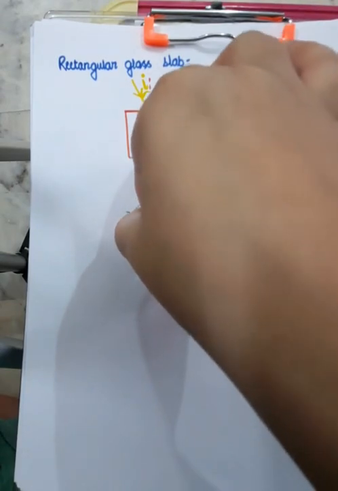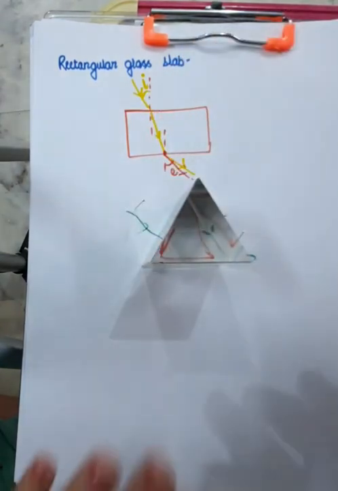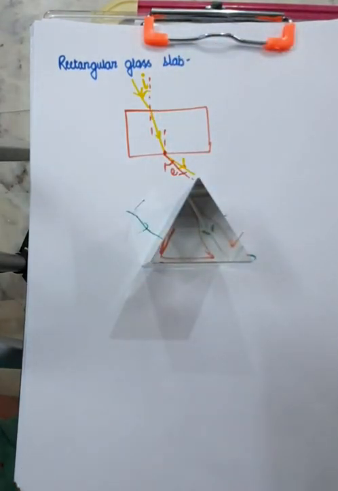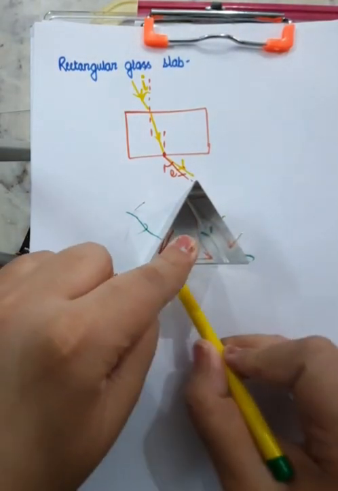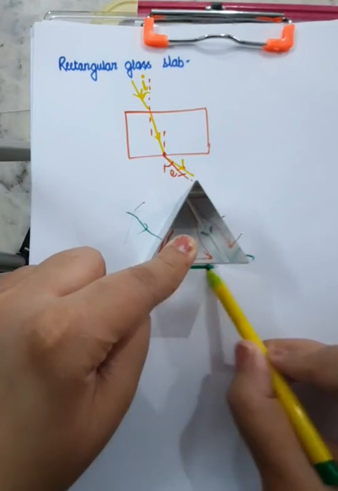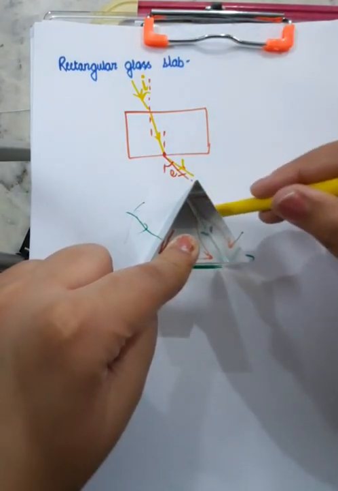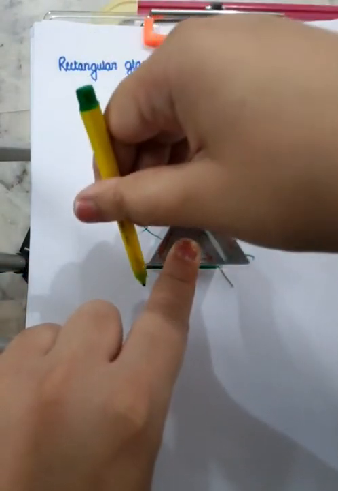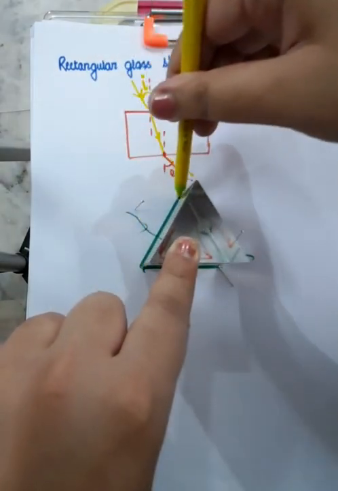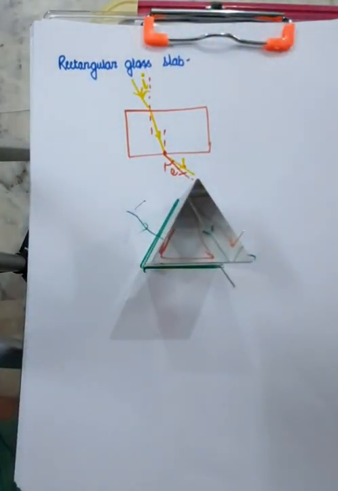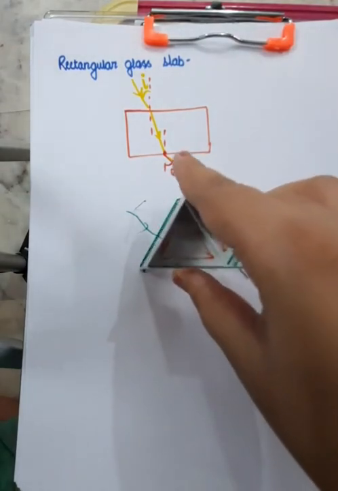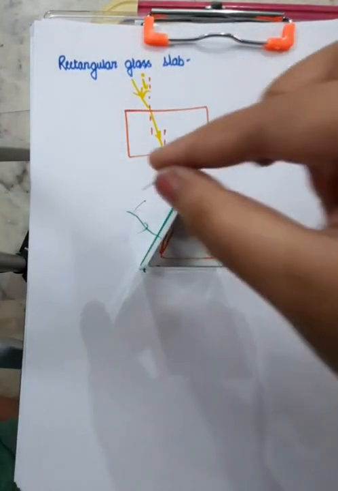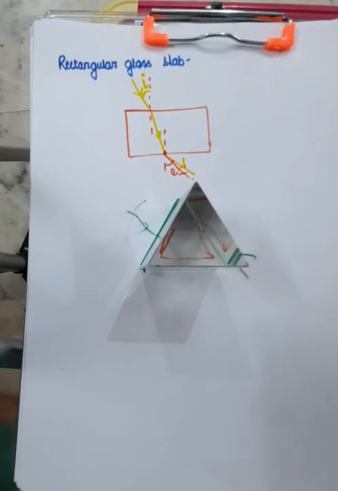Let me draw the emergent light ray once again with the new position of the prism. See what you can do, you can always forget your position of prism, so you can draw a boundary line so that you always know where you had placed the prism. You can always draw a boundary line like this. Now I am again fixing the incident light ray,